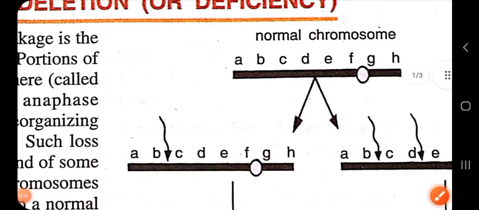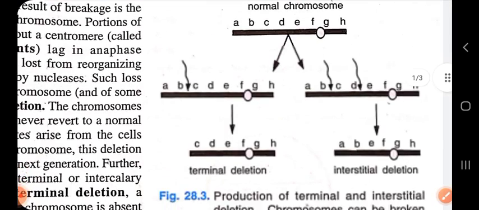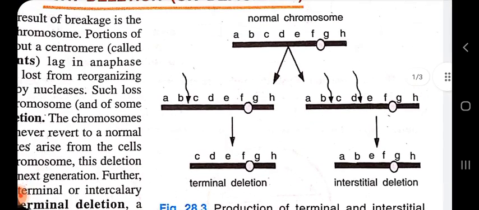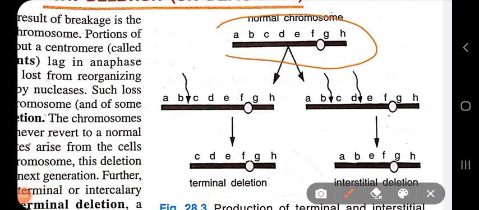Okay, so here in this figure you see a terminal deletion. Here you see the normal chromosome having this arrangement A B C D E F G H on one hand. Okay, and you see the AB portion has been deleted. This type of deletion is called terminal deletion. Such deletions are very uncommon because they make the chromosome very unstable, and it will try to reunite with a similar damaged end.